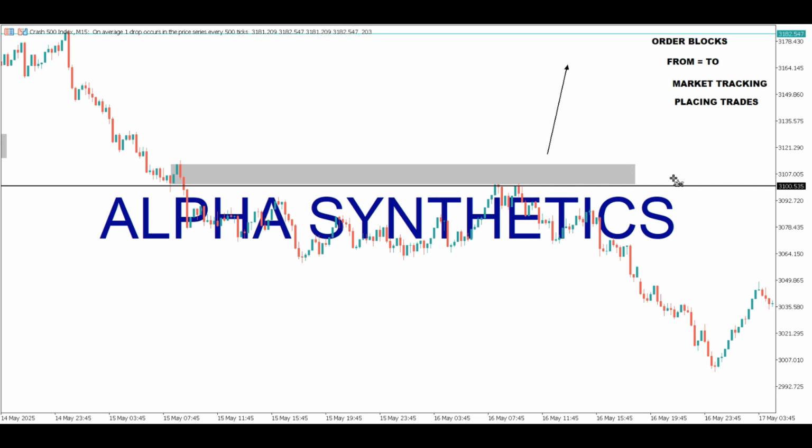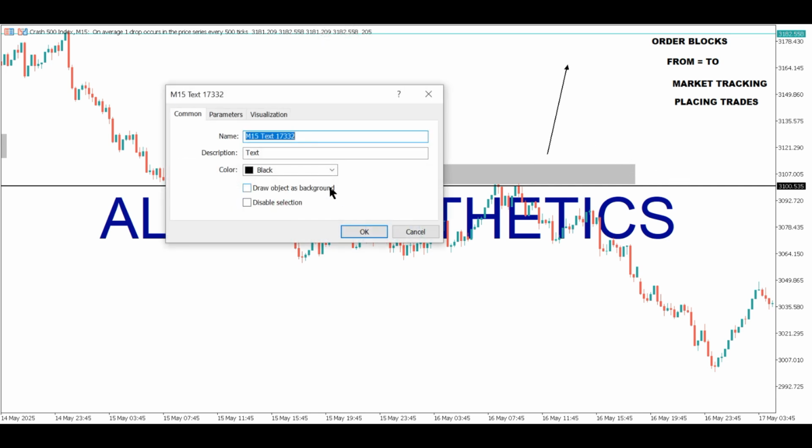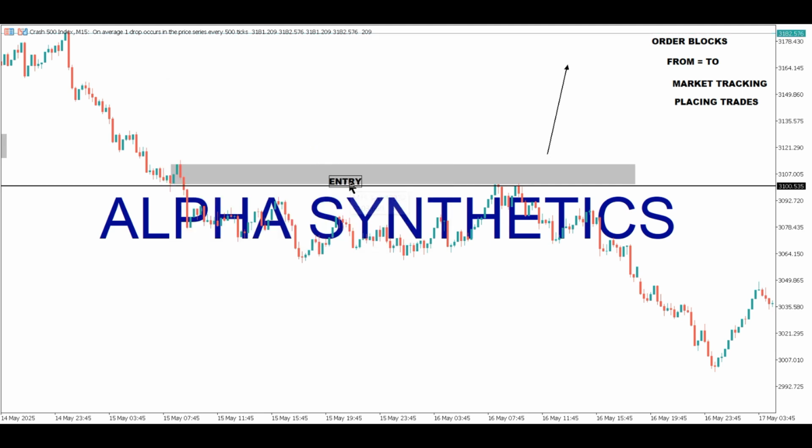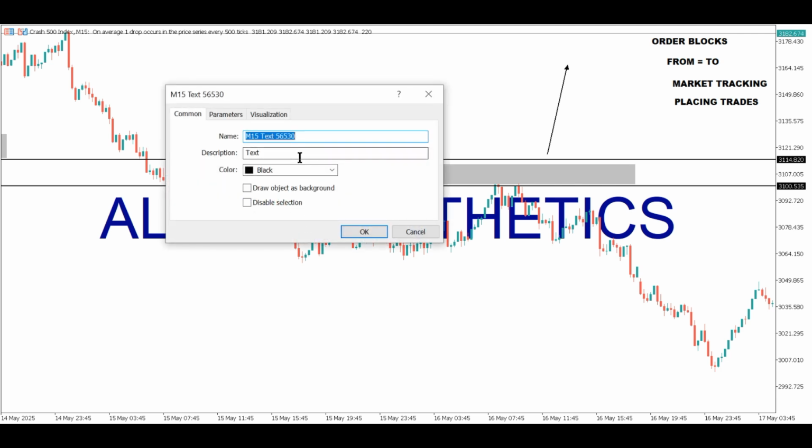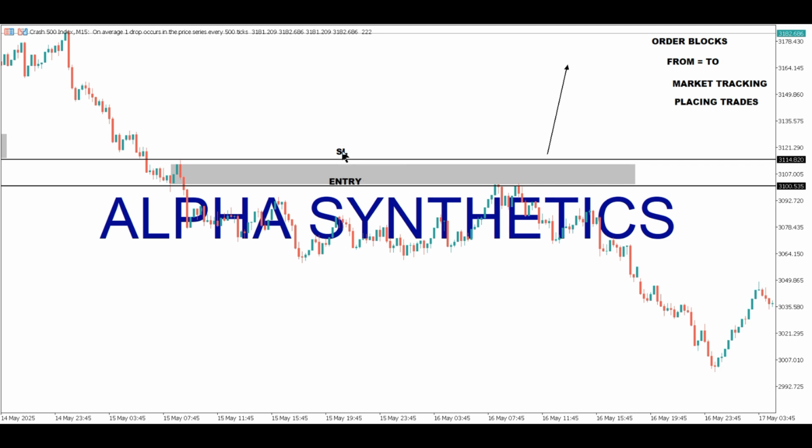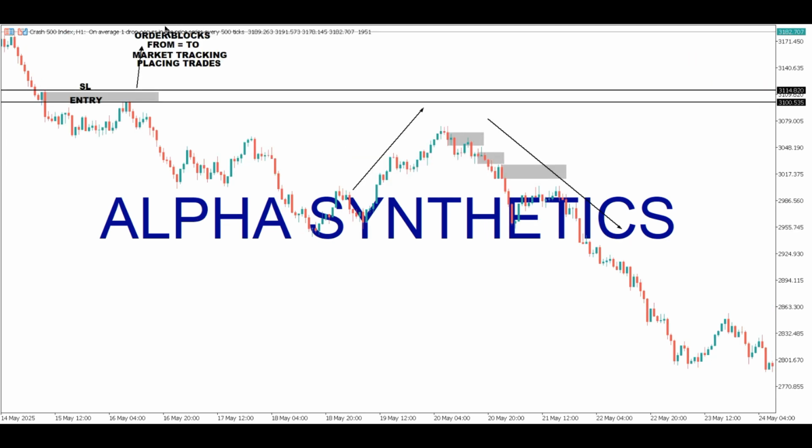So you will have your entry, let me write it on this side. You'll have your entry on that side, right? Then above the order block, you will have your stop loss, correct? And then from there, if you're going to go down to the 1 hour,